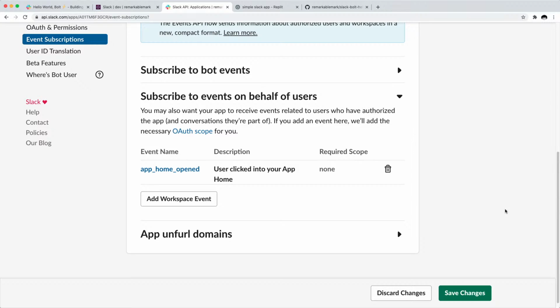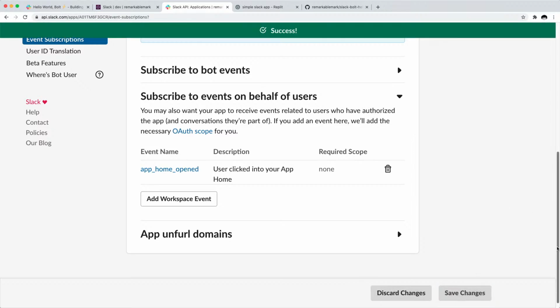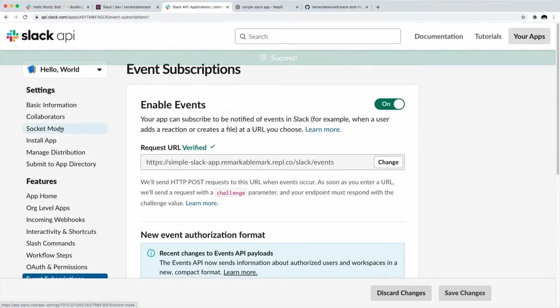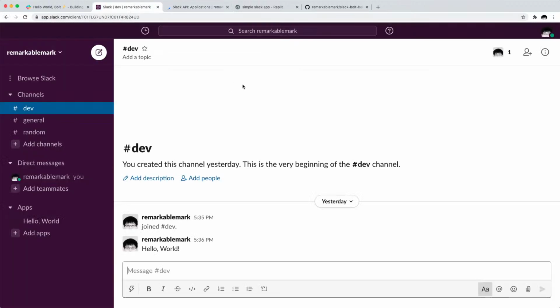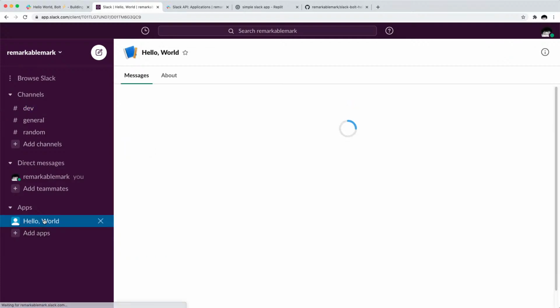And so we want to save this. We'll make sure we save our changes. And then just to verify that our app is correctly installed, we just look over here. Yes, this is installed. So if we go to our Slack workspace, now we have this app, Hello World, just like that. And so when we click on Hello World,